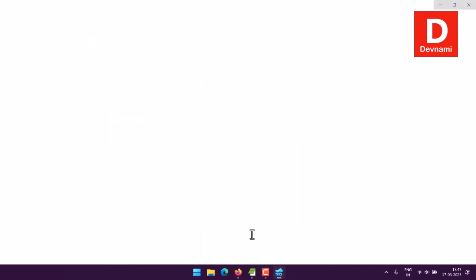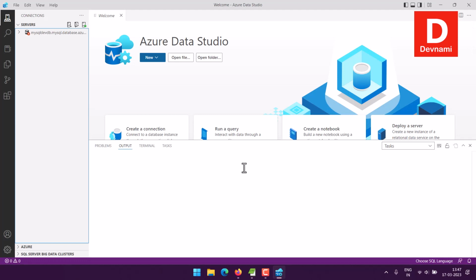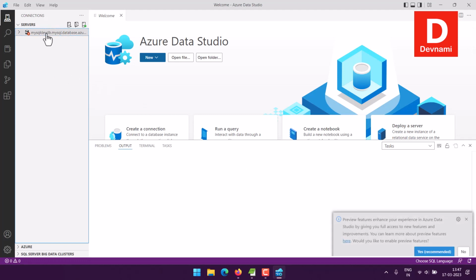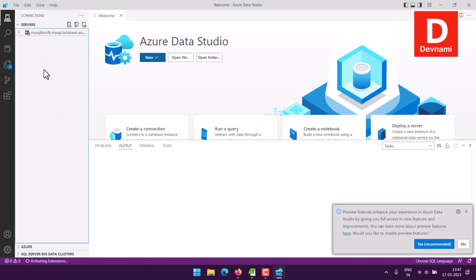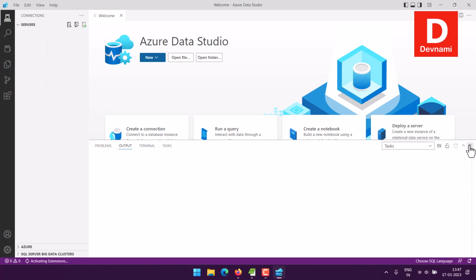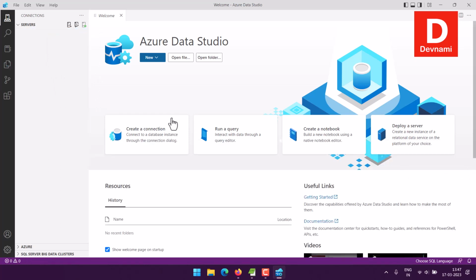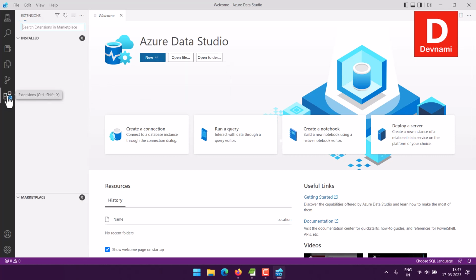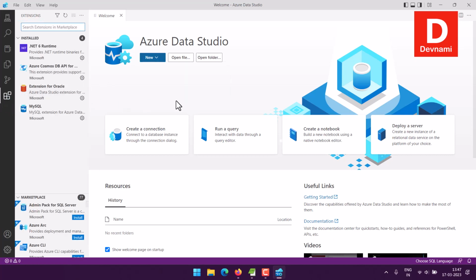Now let's take a look at our Azure Data Studio. I will get rid of any previous connections, and I will also remove the terminal. Here you can see I have the welcome page where I can make a new connection. Before that, what I can do is use the